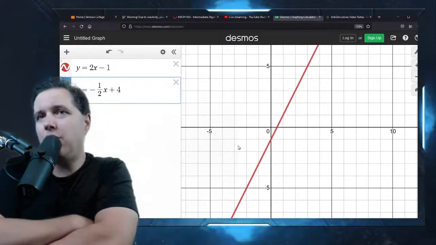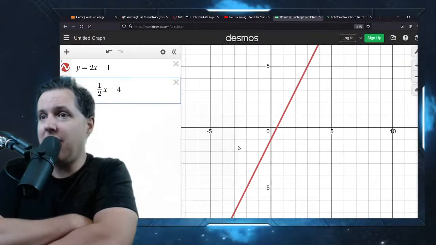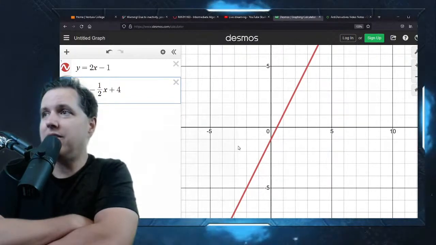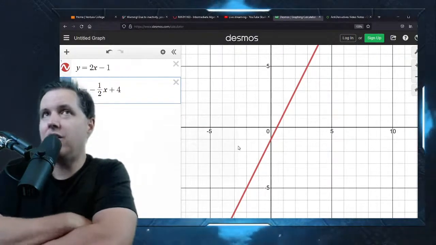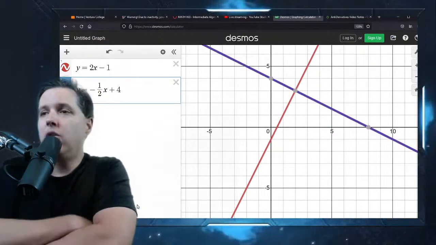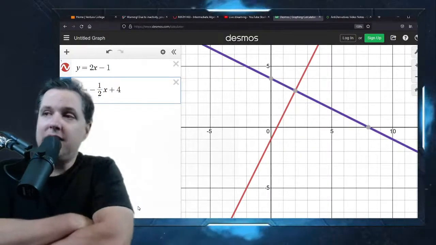Except that's not a good way to do it because there's an infinite number of points on each of these lines. So you don't want to be plugging in an infinite number of points, right? That's not a way to get to your answer. So what can we do? If we want to find the solution to both of these equations, well, graphically, it's pretty easy, right?